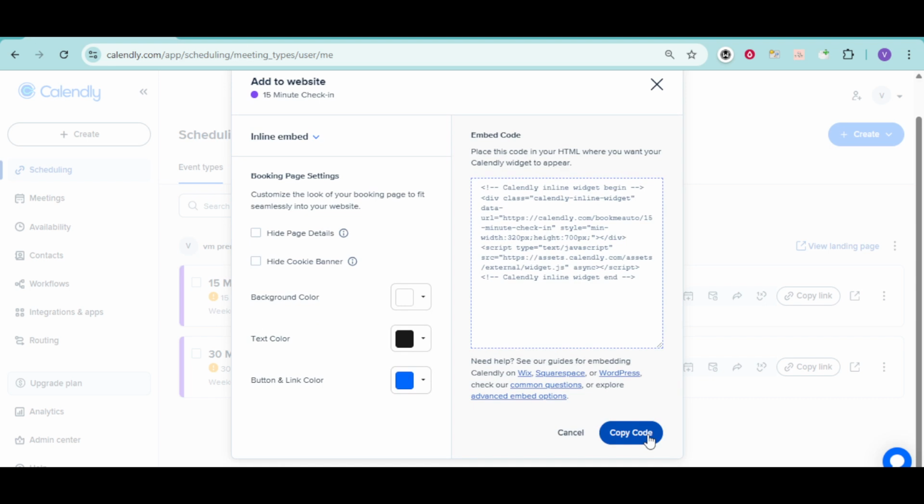Now switch over to your GoDaddy website editor in a new tab or window and open the page where you want your Calendly calendar to appear. In the editor, look for an option to add custom HTML or code. This might be called an HTML block, a code section, or something similar depending on which version of the GoDaddy builder you're using. Add that HTML section to your page, click into it, and then paste the embed code you